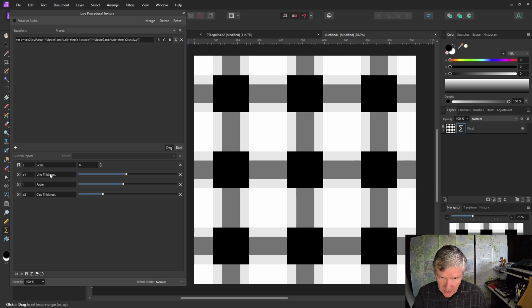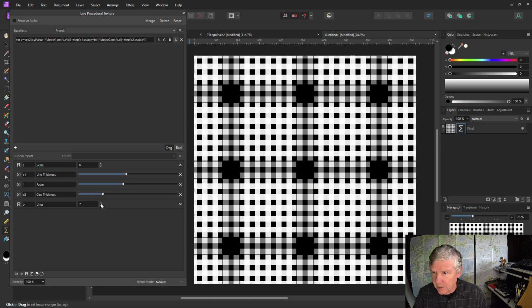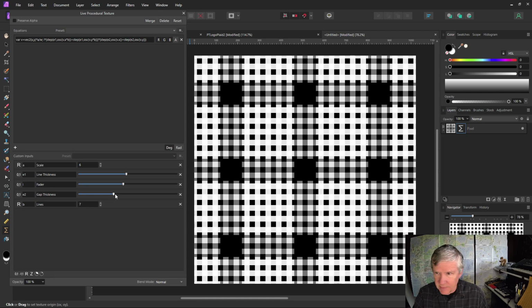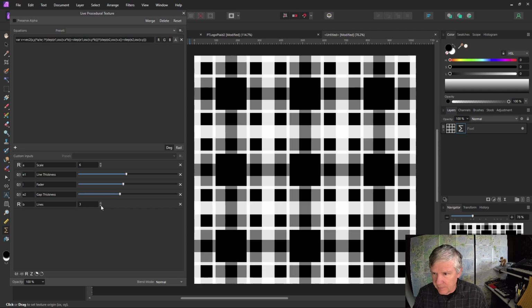Now I want to make it so that I can adjust this first oscillator function sort of independently of the second one. So to do that, I'm going to multiply the v.x times b. And I'm going to add another custom input. I'm just going to call this one lines, and this will be the number of lines that I have. So as I bring this up, I'll get more lines. But it's going to interact with this gap function here. And so those two will sort of interact with each other to create a bit more